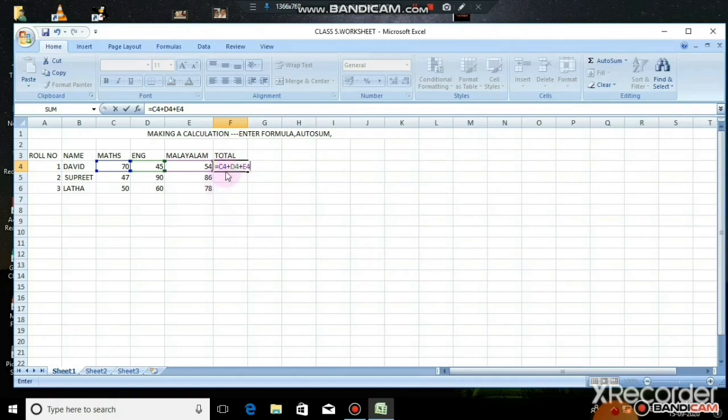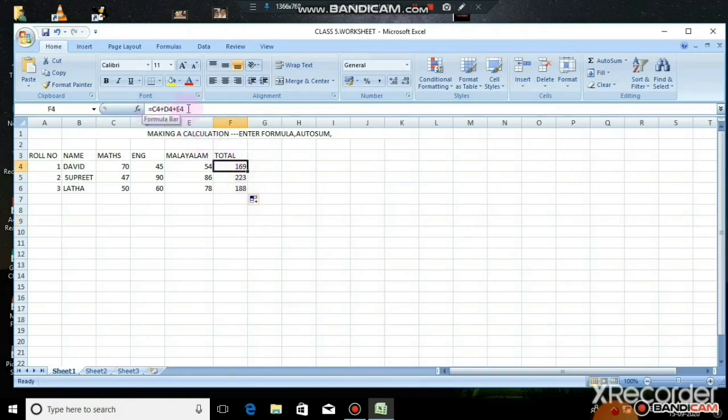Okay, so this is the formula with the cell name. After entering this, press the enter key. You can see the total appears automatically. Okay, so this is how we create the formula. What is the advantage of a formula? For one cell if you create a formula, you just place the mouse pointer at the end of the active cell. It changes to a plus symbol. You can just click and drag to the next cells. Automatically the cells get filled with the total.